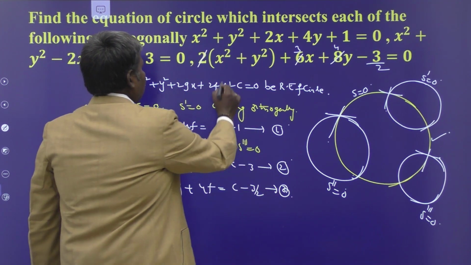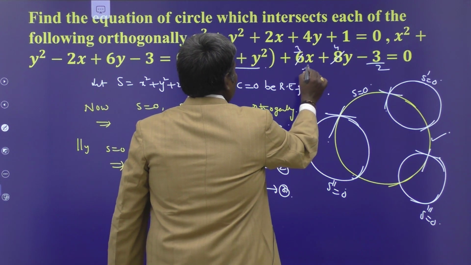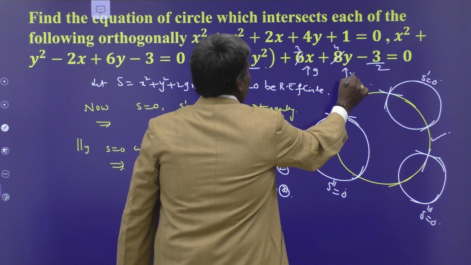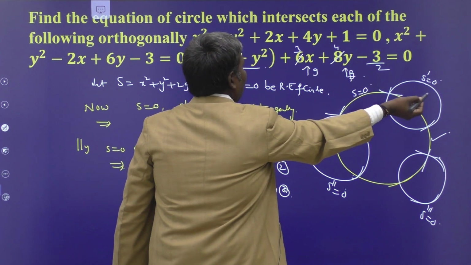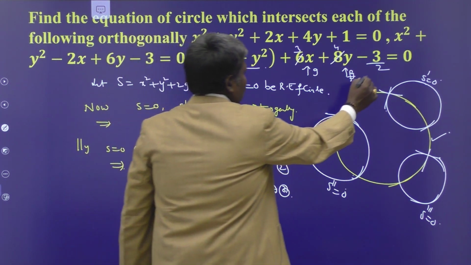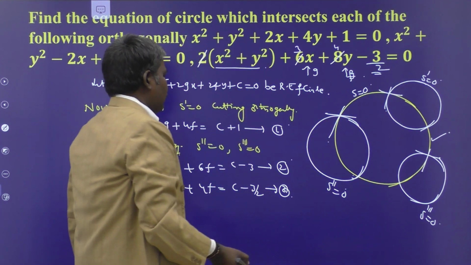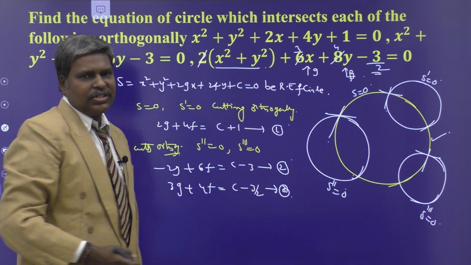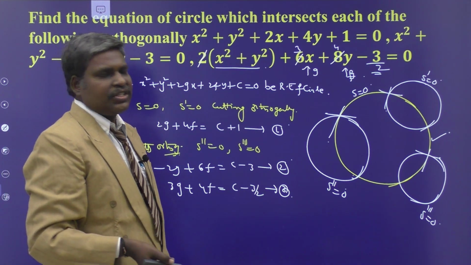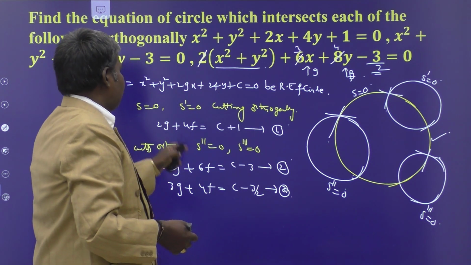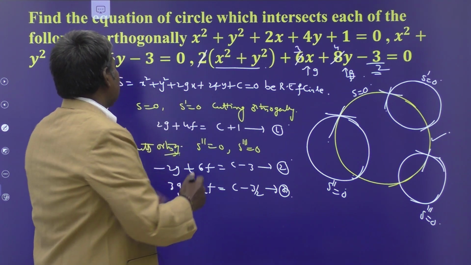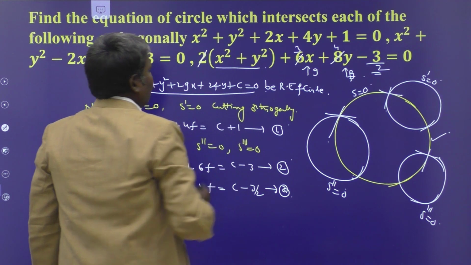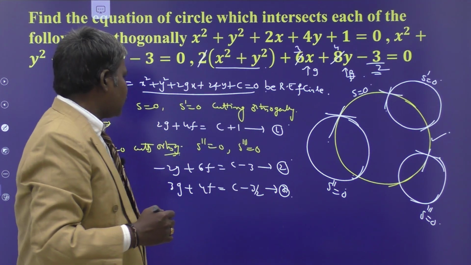So leave x square plus y square. Instead of x you have to write g, instead of y you have to write f, is equal to c plus this constant. C plus minus 3 by 2 will mean c minus 3 by 2. So we have obtained three conditions. By solving the three conditions itself, we obtain the f, g, c values. Keep f, g, c values here itself, we get the required equation. Am I correct, my dears?